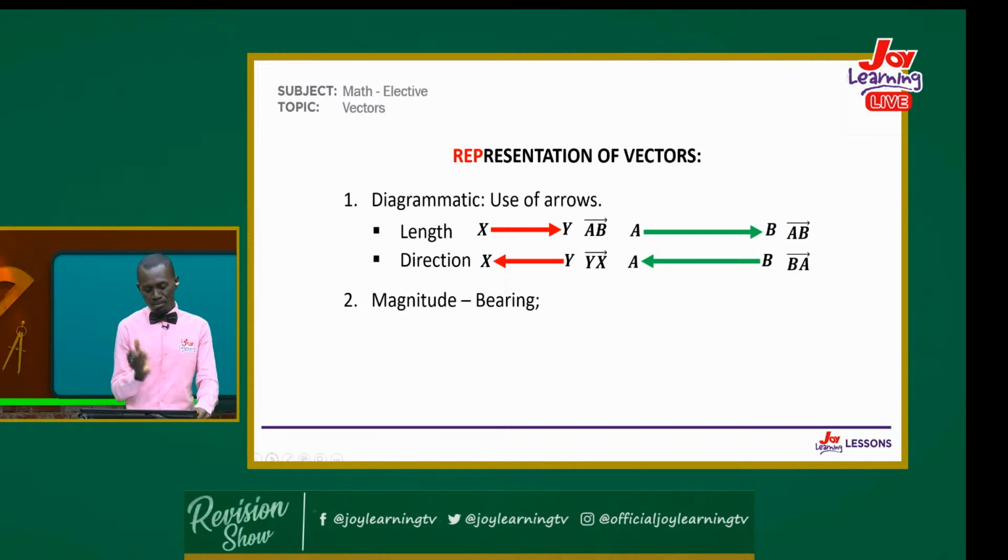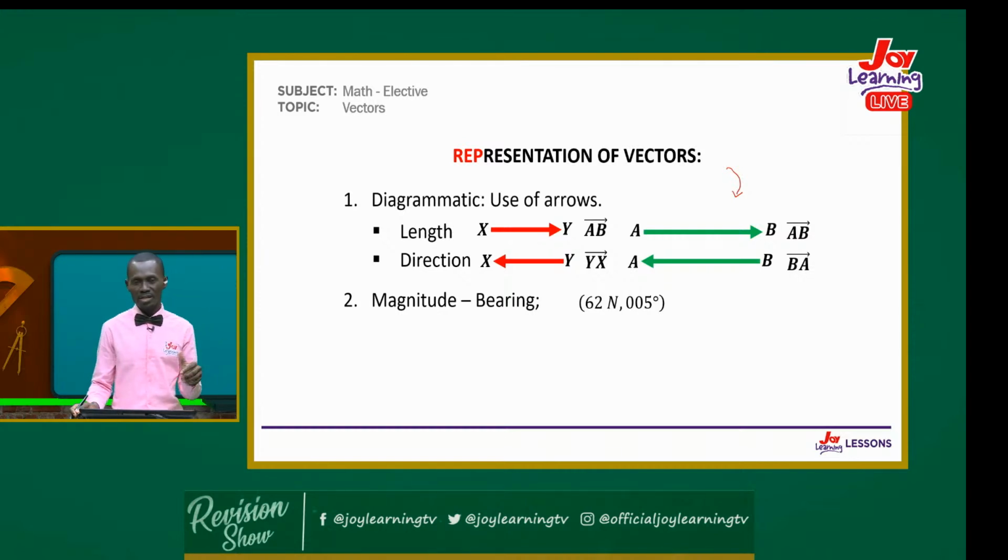The magnitude is the magnitude part of the representation. The bearing part is its direction. Remember, bearings are measured from the north and they are measured clockwise. What do you mean by clockwise? The way your clock ticks, it moves that way. So from 12, it goes to 1, to 2, to 6, to 9, back to 12, and in that order. That's a clockwise direction. So if you have a vector like this, 62 newtons, 005 degrees, then you have described